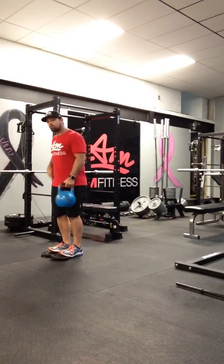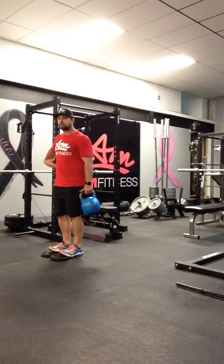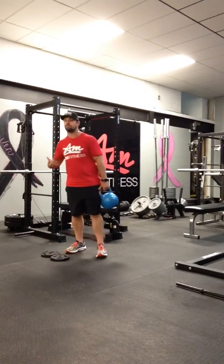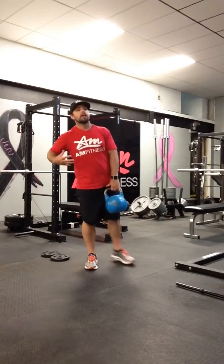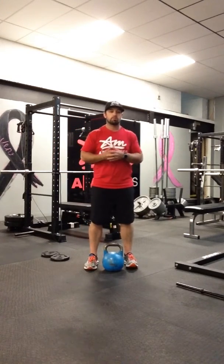Again, I'm pushing those heels through the floor because they're the only thing touching, right? Now, nice and tight in the abs, nice and tight in the butt cheeks, right? I'm feeling this begin to go. I'm feeling that activation, all right? Once I have that, once I can feel it, now I'm going to be able to progress into